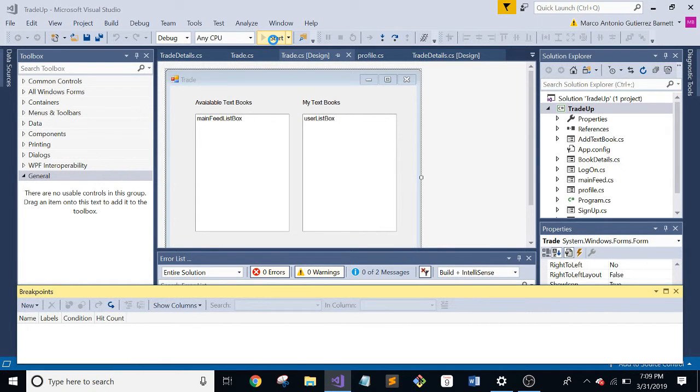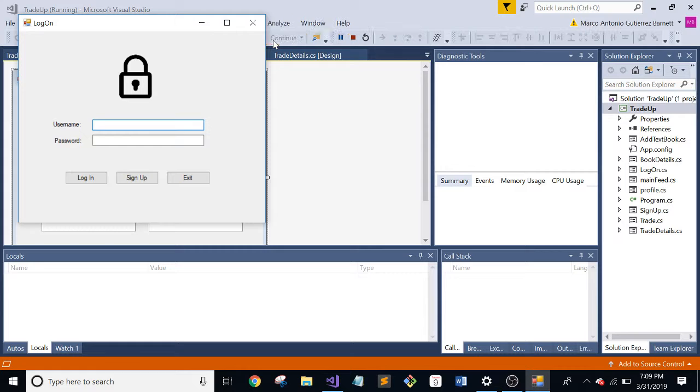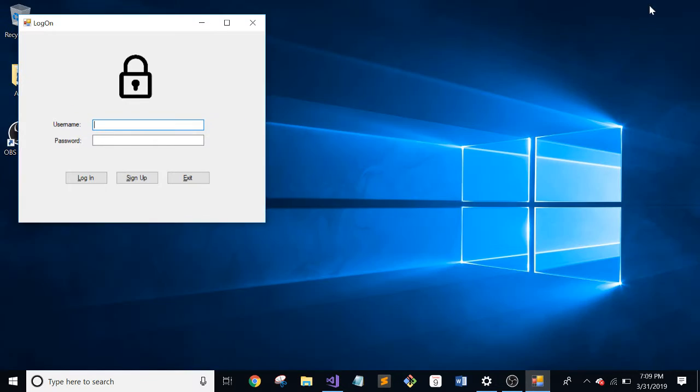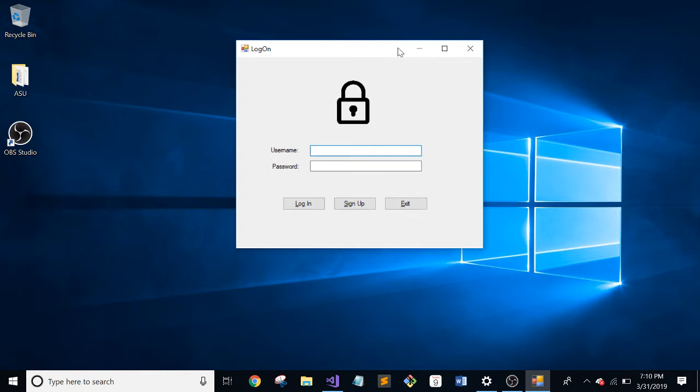Alright, so this is a demo of my application called tradeUP. This is a logon page, and this page usually can accept a username and a password. As you can see, as previously discussed, one of the features that I needed to change was adding the hotkeys. As you can see now that this is a feature,